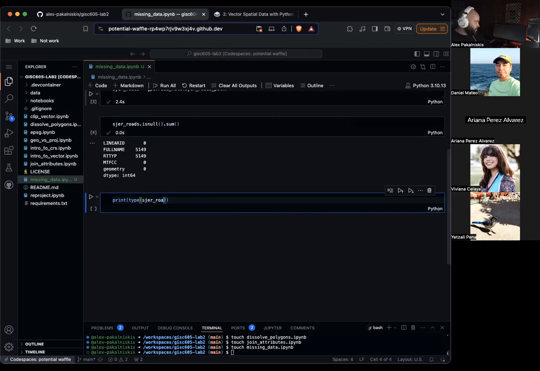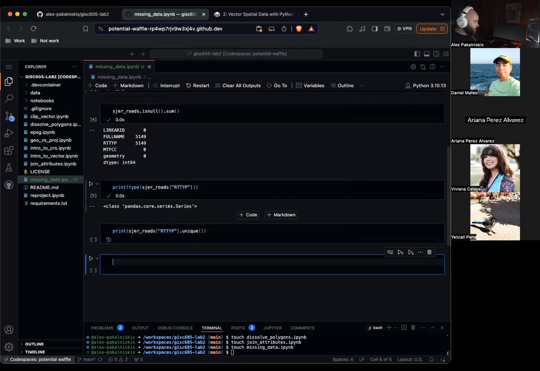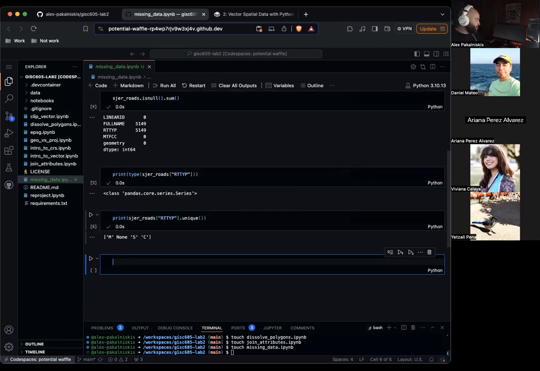Print SJER_roads RTTYP .unique. M, None, S, and C. So you can see that there's actually a None value in there.